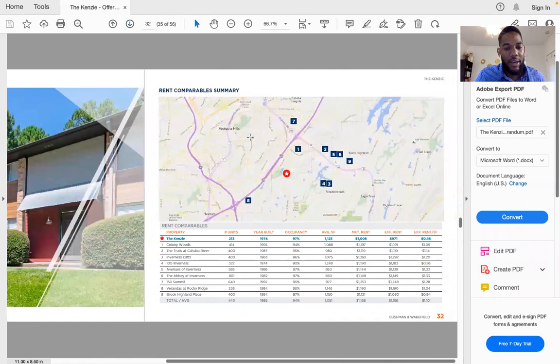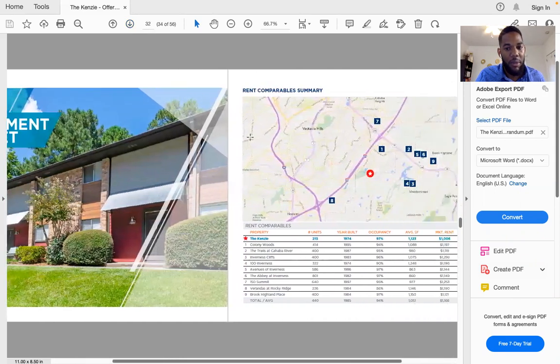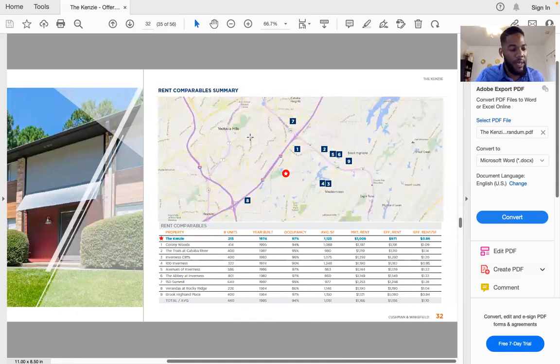Okay. All right, guys. So let's look at the apartment market here, right? Our subject property is in red. This is where our subject property is. Guys, just based off location, what do you think would be the best comps for us to pull here? Everything is kind of spread out. Don't you guys think? It would have been more encouraging to see things a little bit closer here. But just based off geography, which comps do you think would be best? 1, 2, and 4 appear to be the closest. 1 and 8, yeah. I'll definitely agree with you guys.